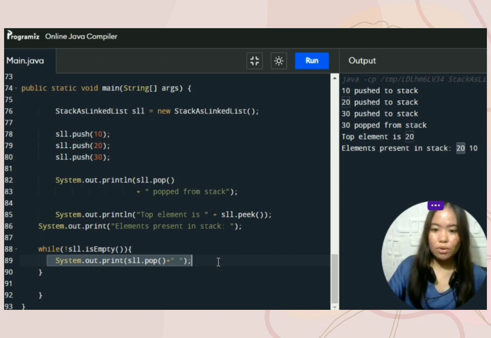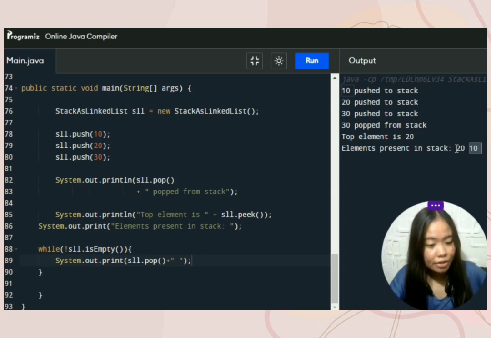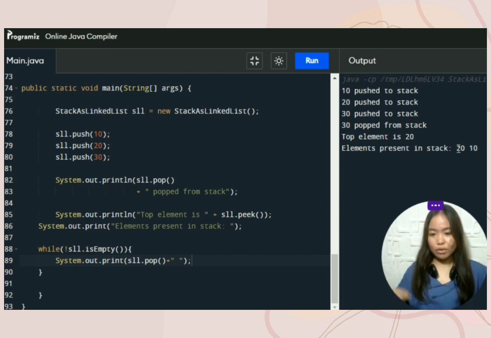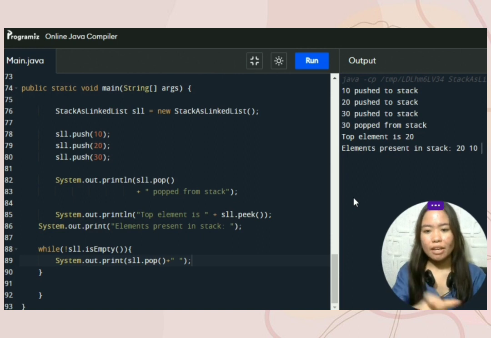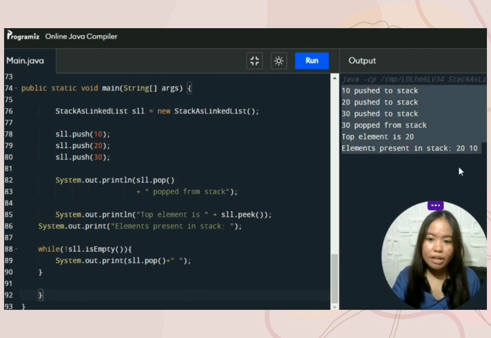So the value 10, as you can see in our output, is printed. Within our loop, it uses the pop method to remove and print elements from the stack one by one, separated by spaces. Since the values of our stack, 20 and 10, are being popped, and since we no longer have values in our stack, it terminates the loop and ends our program. That marks the end of the